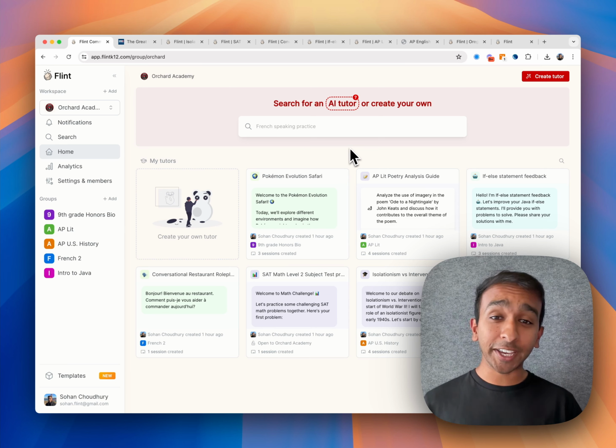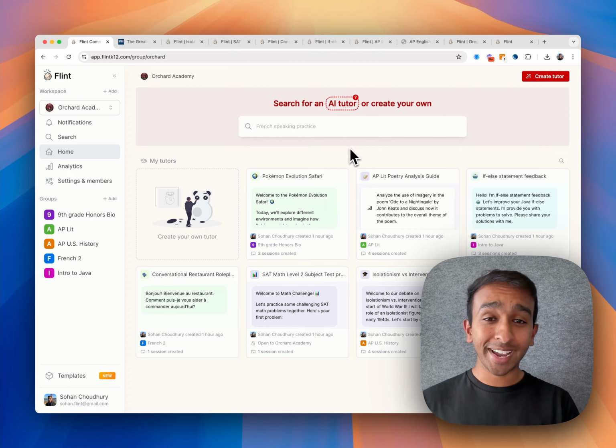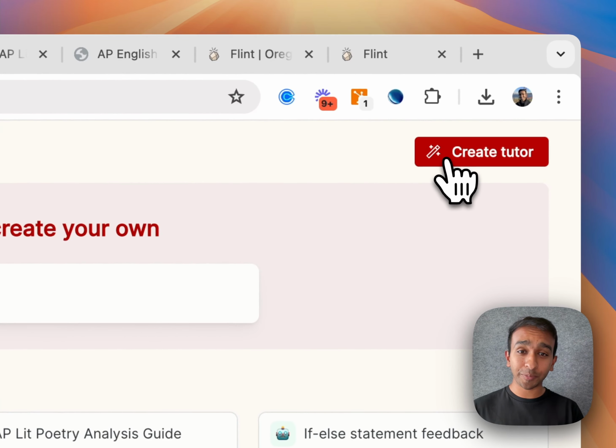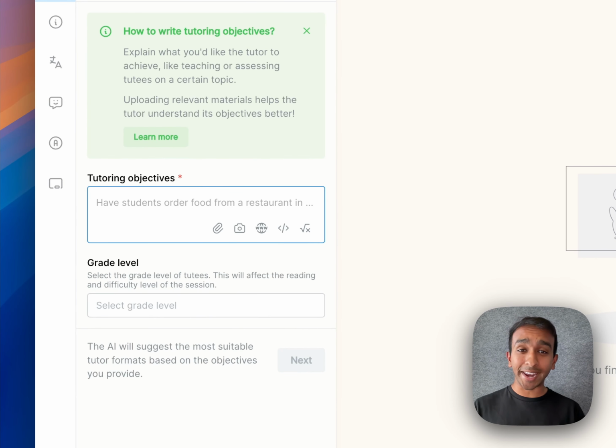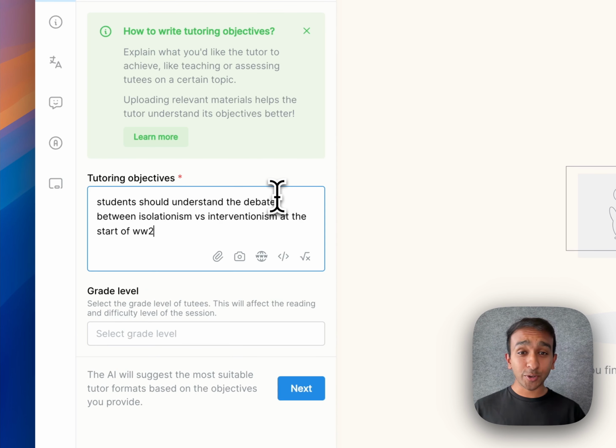As a teacher, I can use Flint to design an AI tutor for my students to interact with. I can do that by clicking Create Tutor, and then by entering any learning objective. So here, let's say I'm a teacher teaching my students about World War II. I've put in that I want my students to understand the debate between the isolationists and the interventionists at the